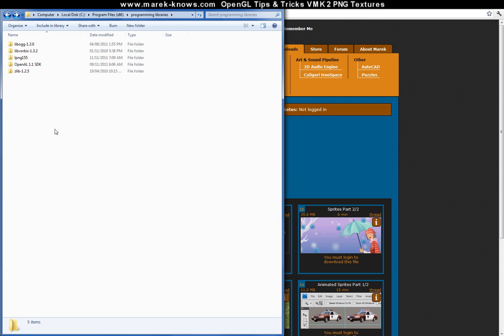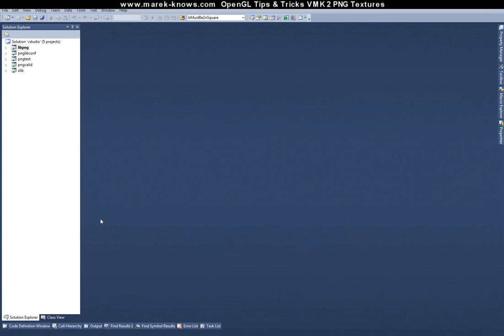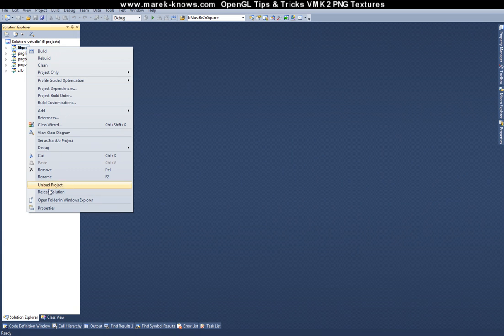So first thing we do is we need to download zlib and libpng, same as I showed in the C++ VMK series. I've put them here on my hard drive under C Program Files Programming Libraries. So here's the PNG library and here's the zlib library. I set them up exactly the same way that I did back in the C++ VMK series and built everything out. The one thing that I need to point out here is by default, when you open up your PNG lib files, you'll notice that there is a setting set up that is not quite right,